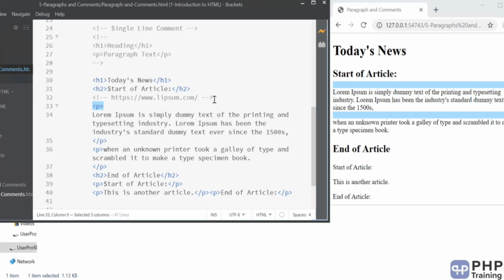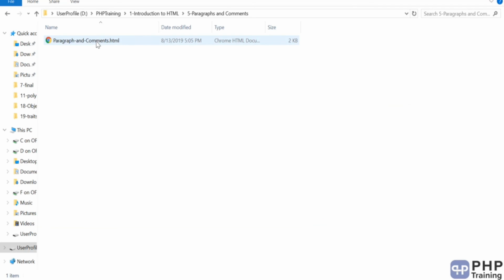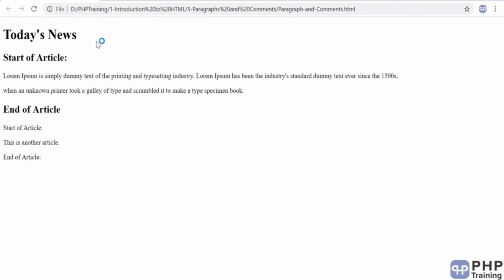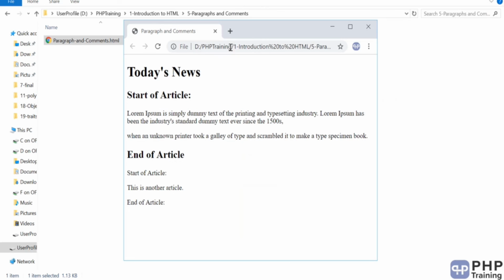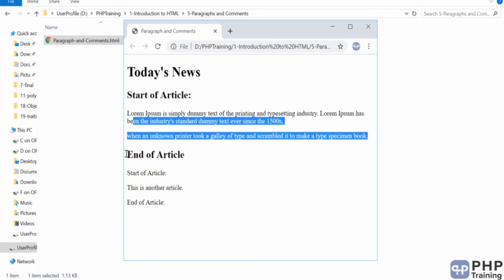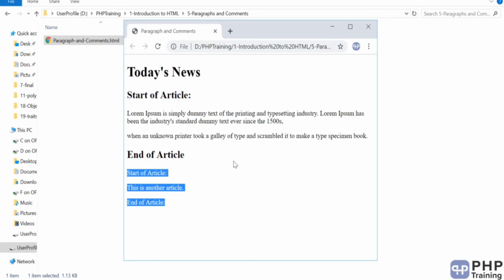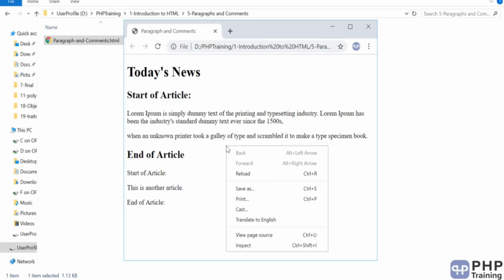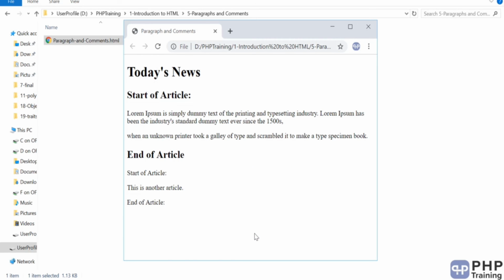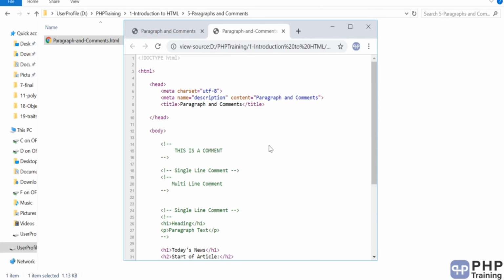Okay, so here's how your HTML file looks. Let's open our actual file, double click this. This is how your HTML file will look. You can see this is our h1 tag, this is your h2 tag, and this is your paragraph tag. Then you have an h2 tag, then all these are paragraph tags. To see the source code, right click on it and view page source, and you should be able to see the source code.